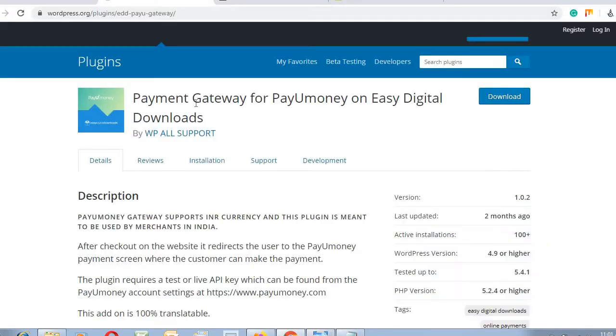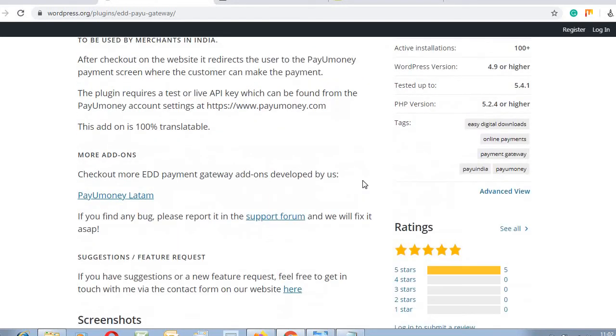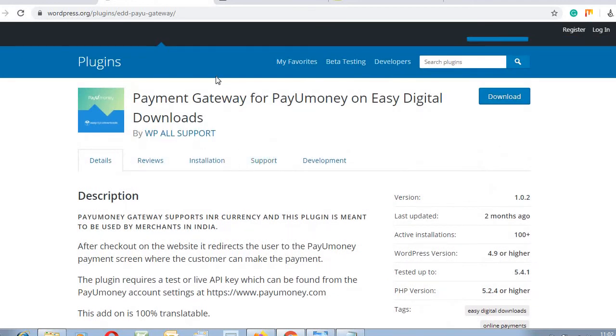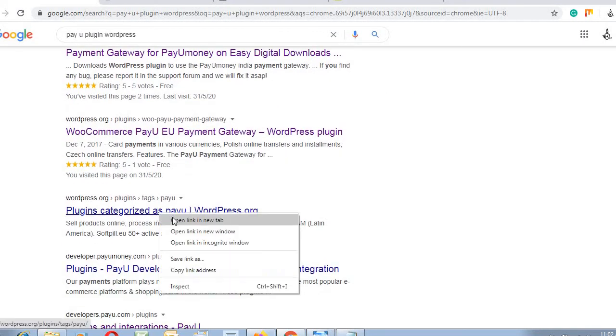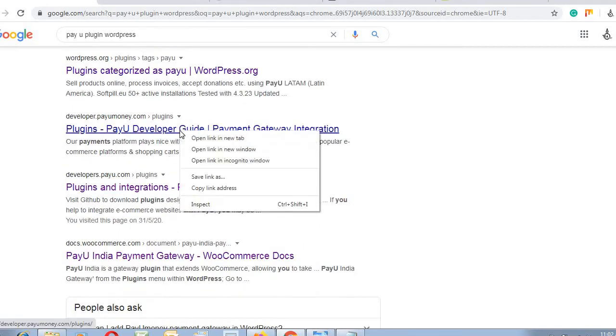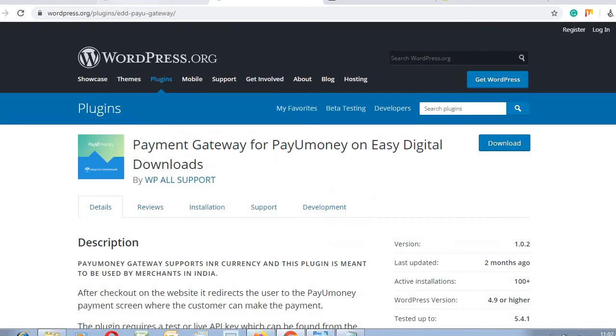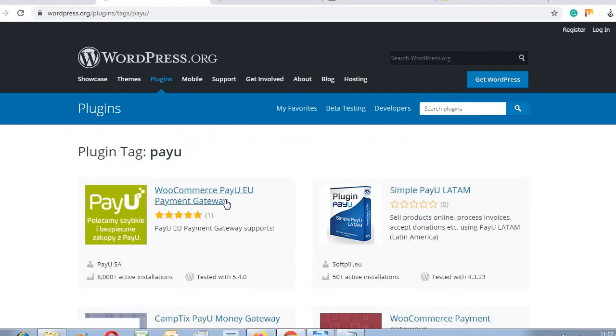If you are using third-party gateways, you can see there are a lot of developers who have written plugins and uploaded them to the WordPress website. As you can see, there are a lot of gateways you can find from WordPress. You can see here, this belongs to EU, simple.